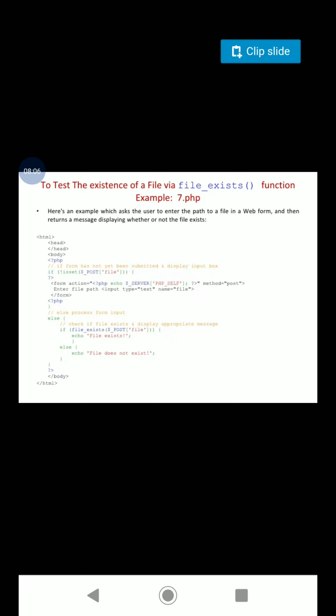Next we have some miscellaneous functions like the file_exists function. Before opening the file for reading or writing, we test whether the file exists or not. This lessens the burden on the programmer of checking whether the file is opened or not. First he will test whether the file_exists function returns a true value if the required file exists. If it does not exist, then he does not perform any operations.